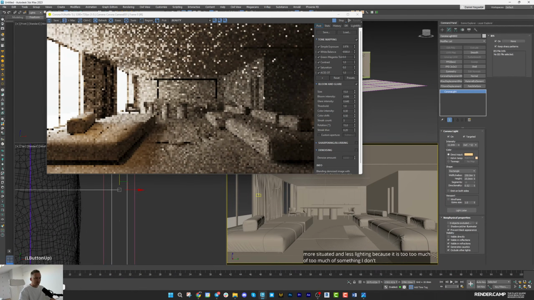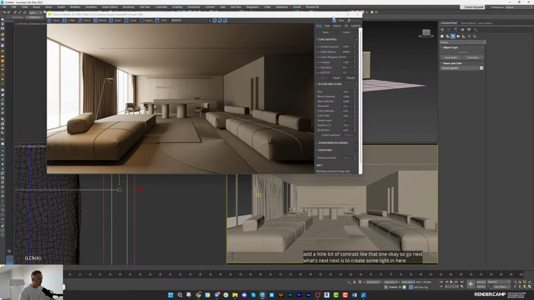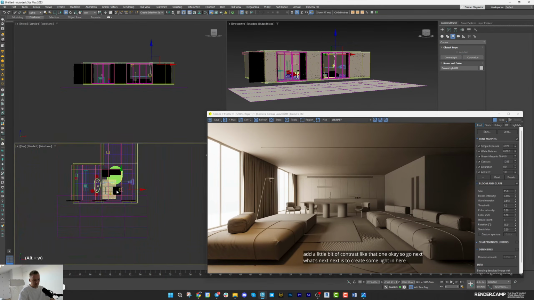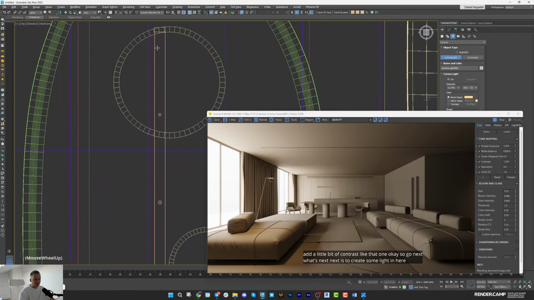I don't want to kill the lighting from the window. The shadow should be visible. I think it is really necessary. I will add a little bit of contrast, like that one. Okay. So, go next. What's next? Next is to create some lighting here. I will put some